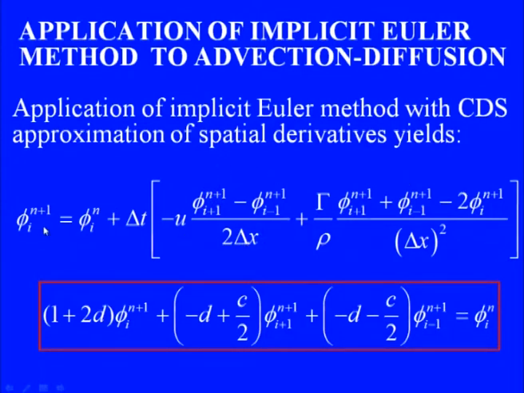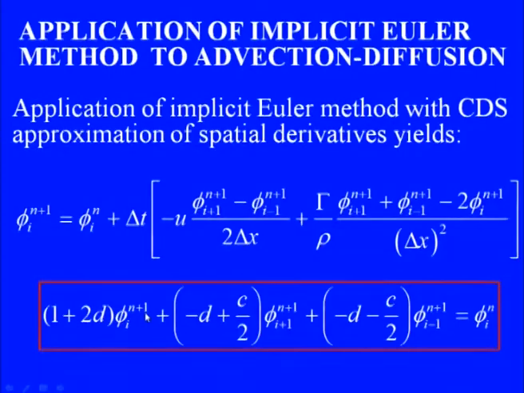So phi_i^(n+1) becomes phi_i^n plus delta t times minus u times (phi_i+1 at n plus 1 minus phi_i-1 at n plus 1) divided by 2 delta x plus gamma by rho times (phi_i+1^(n+1) plus phi_i-1^(n+1) minus 2 phi_i^(n+1)) divided by delta x square,